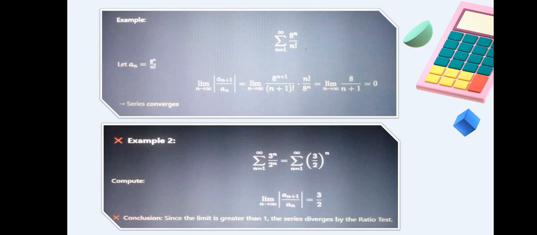We need to multiply by n factorial over 8 raised to n to cancel the factorial and the n plus 1. So this equals the limit as n approaches infinity of 8 over n plus 1, which equals 0. So from this example, the series converges because the limit is less than 1. So example number 2,